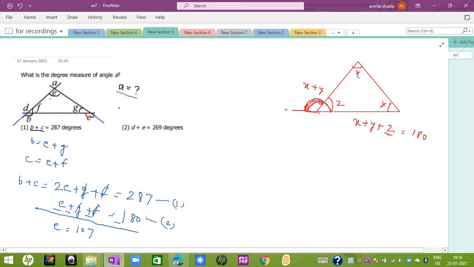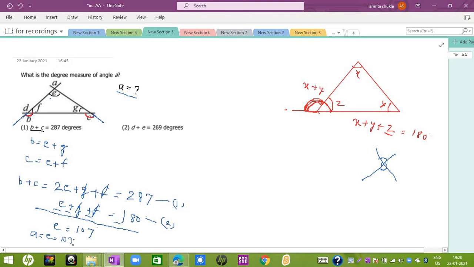We are asked the degree measure of angle A, but we are getting E. So yes, see, A is vertically opposite E, right? One more concept that you need to know: vertically opposite angles. Across two straight lines, these two angles are equal. These are called vertically opposite angles. Similarly, these two angles are going to be equal. So since E and A are vertically opposite, A is going to be equal to E, which is 107